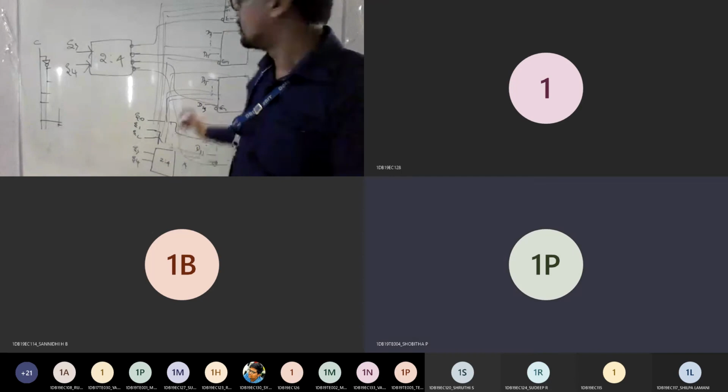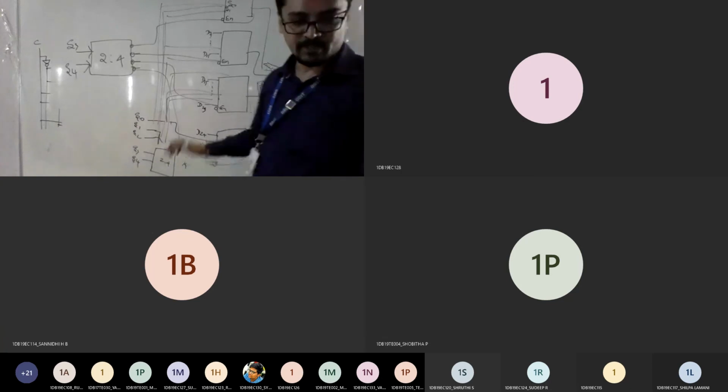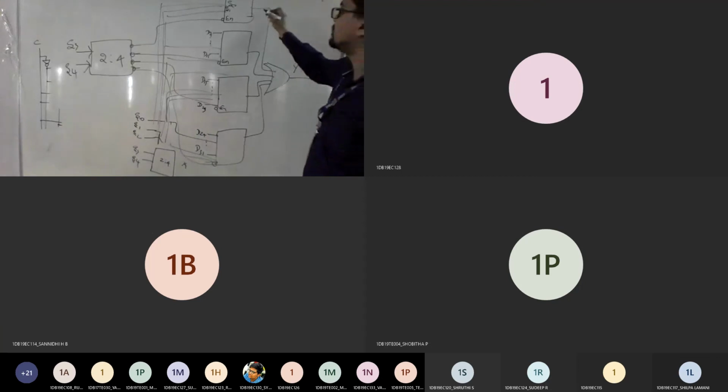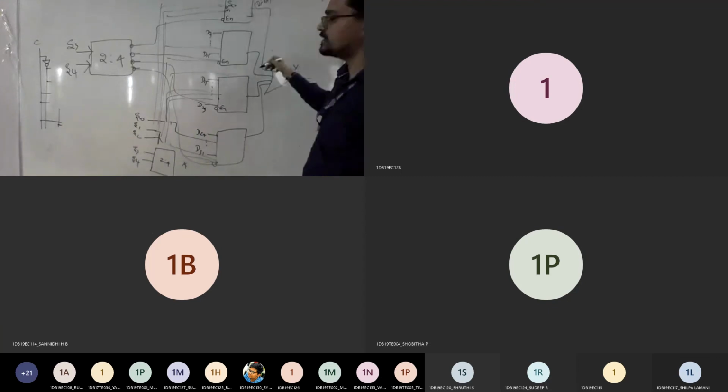Yes, sir. So just connect all these to one OR gate. That's all. So that will give you your output Y, and each will give you output of D0 to D7. Similarly here, completely you can get D0 to D31.